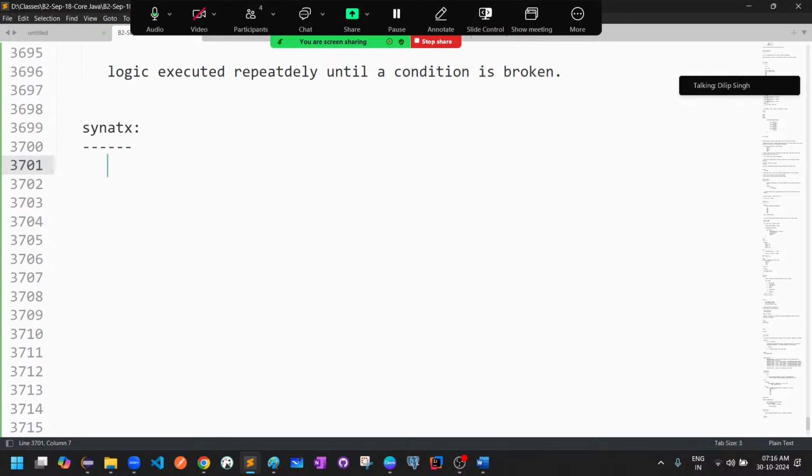So when it comes to while loop, what is the syntax? See here. While is a keyword. That means while will always be used to define the while loops. And the real syntax of while is